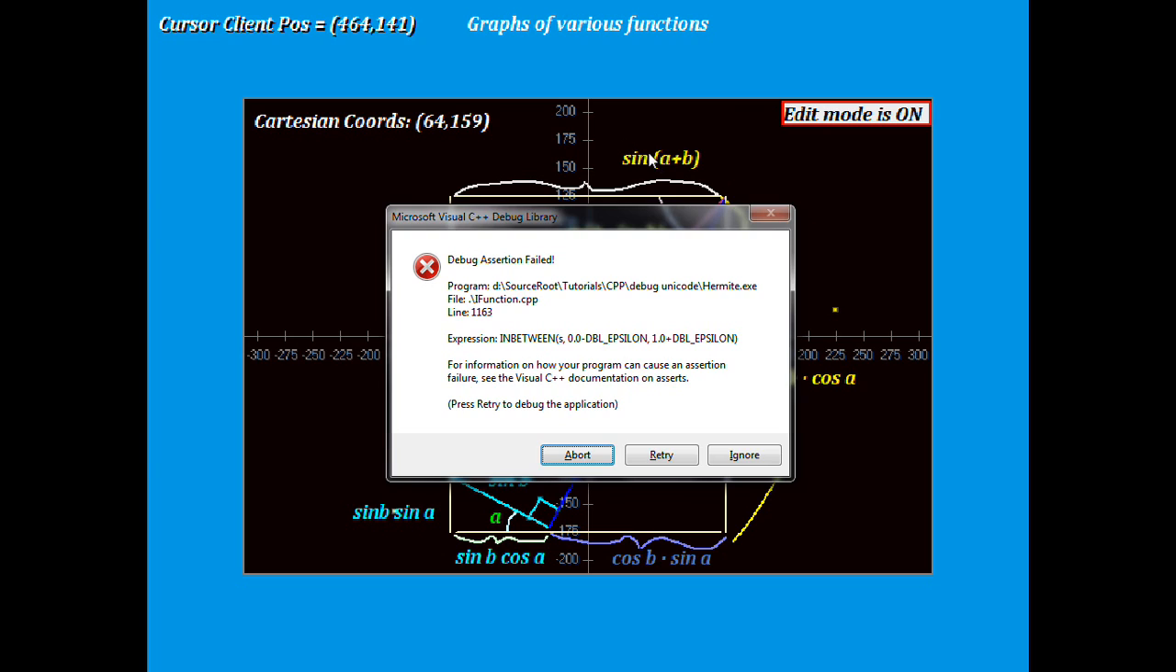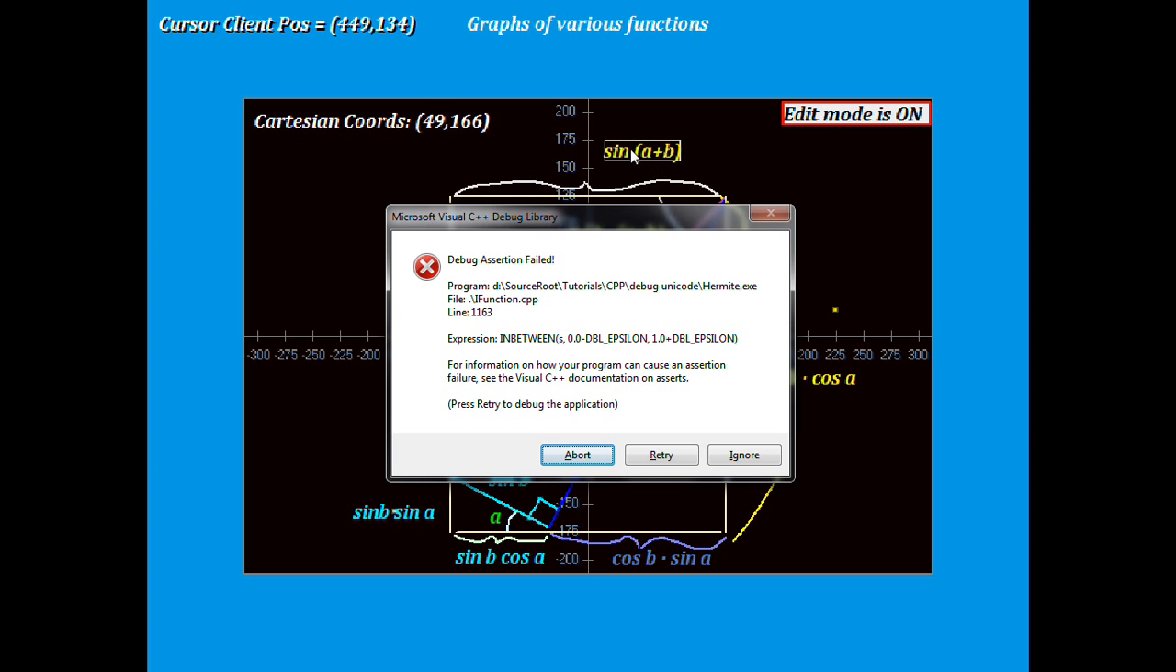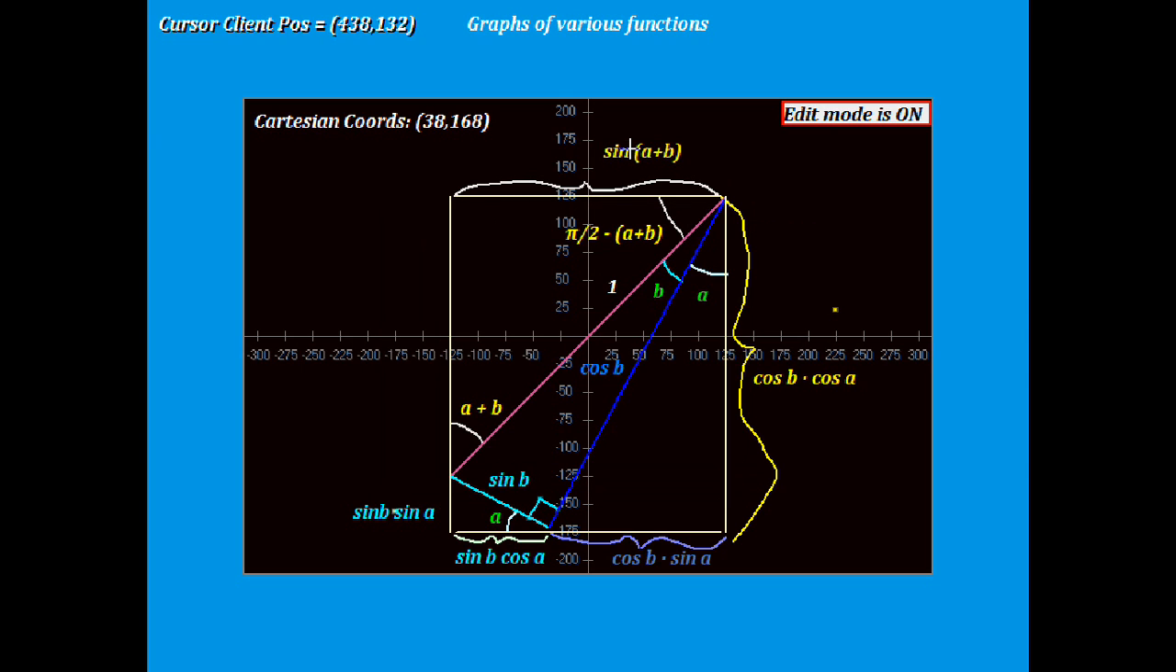Plus epsilon. It's a rounding error when something is off by like 0.000000001, and you get an assert. Okay,